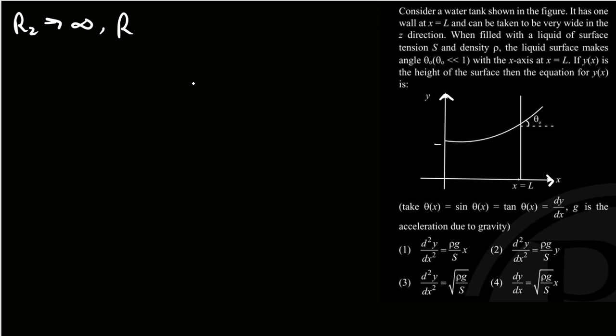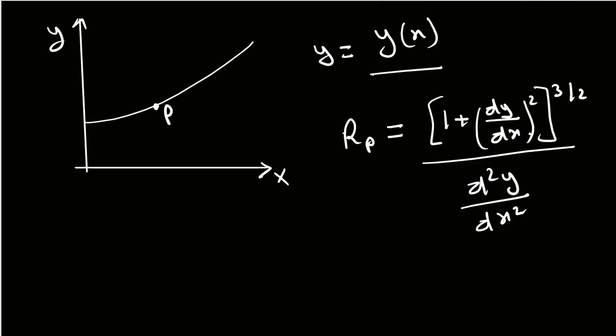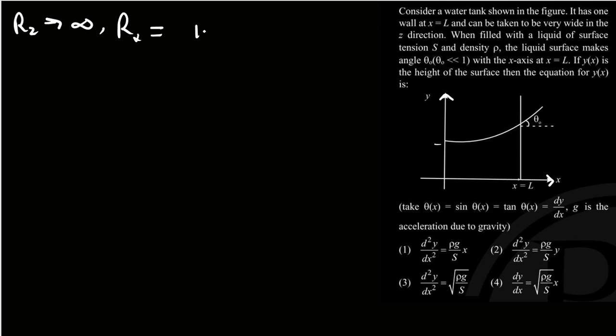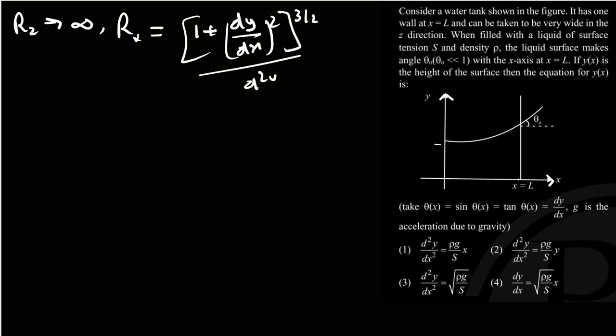So when we draw the tangent in the x dimension and calculate the radius of curvature, it will be (1 plus (dy/dx) whole square) whole to the power 3/2 divided by d square y by